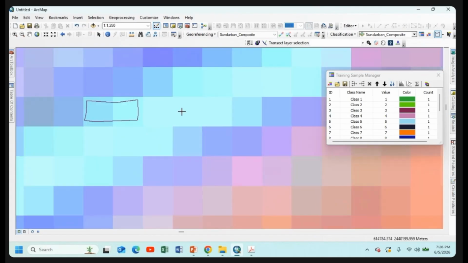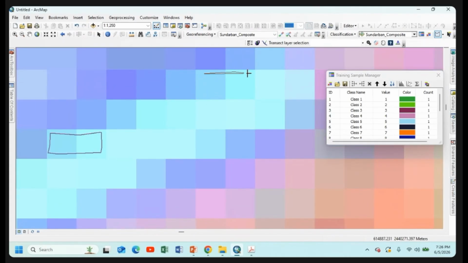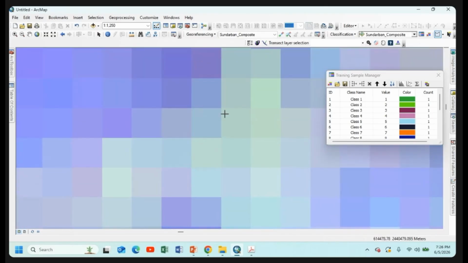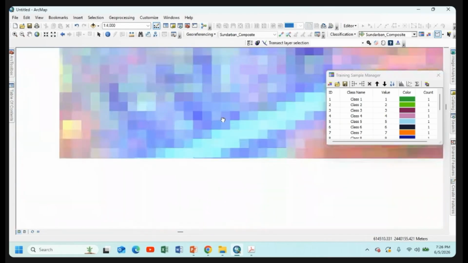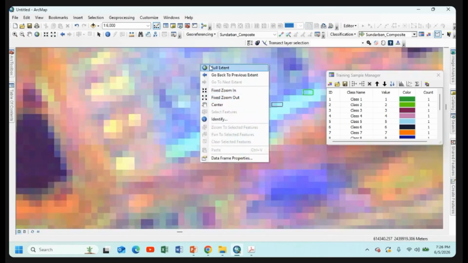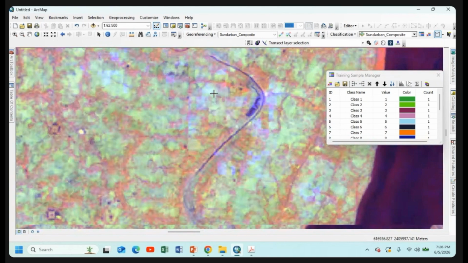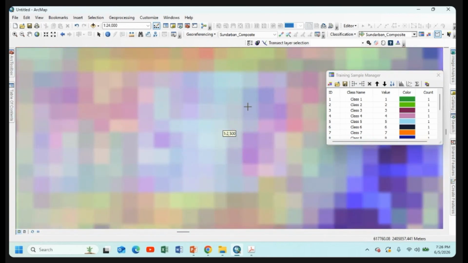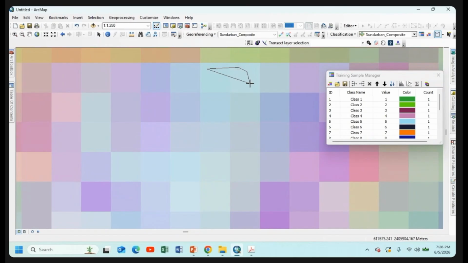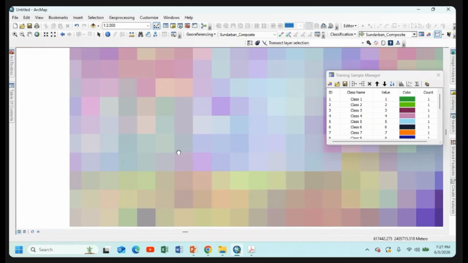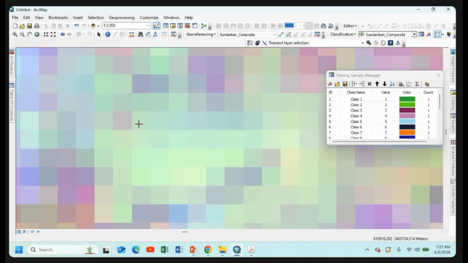As we know, Sundarban is a main core mangrove zone. So the main part of the mangrove has no urban areas, but other parts of Sundarban have some major population, like Sagar Island, Ghoramara Island. This is Sagar Island. Hopefully, some population or urban areas can be observed here. So these are the urban areas. Sagar Island is the most populated island and a famous island in the Sundarban region.